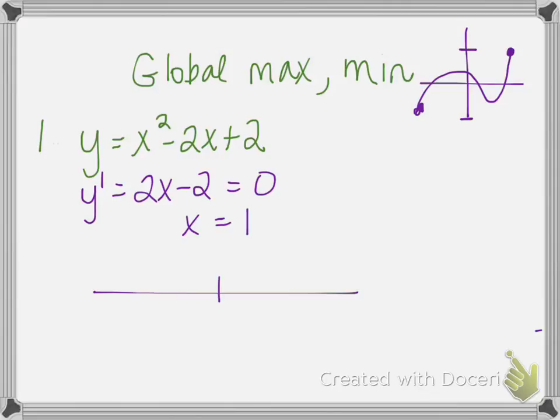So then that gives us our number line. Just like we've done before, we're going to think about f prime of x, or y prime, which is 2x minus 2. We're going to plug numbers into that. So 0, I get a negative. If I plug in a 2, I get a positive. So what I know is that